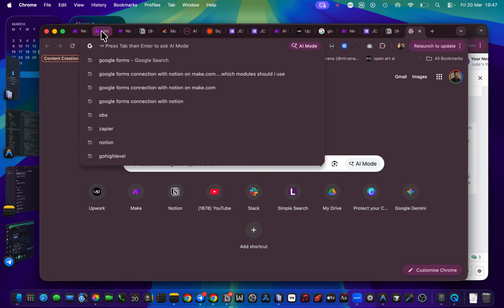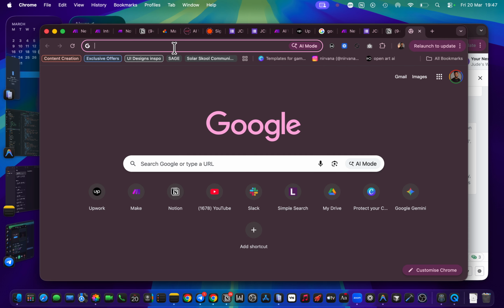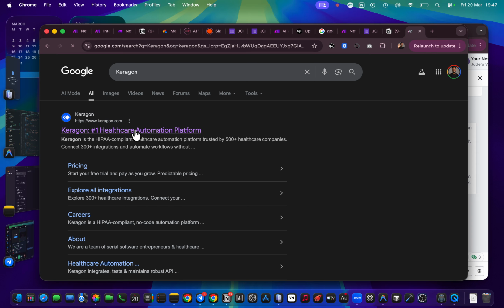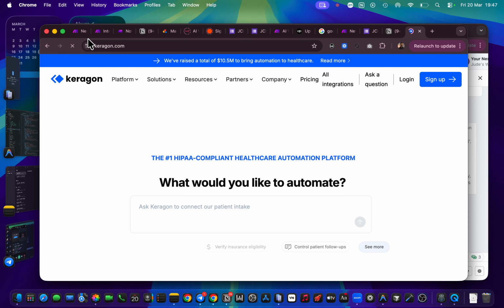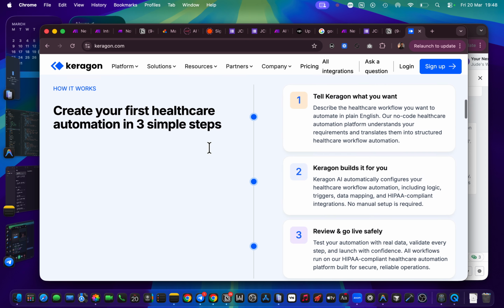Something we Nigerians might consider no stress, over there they want to be sure, because they don't want to face lawsuits or issues. So you too, you have to be with them: if you don't want any issue, don't worry. Let us use a platform called Keragon that is also like make.com, but it's for the health industry, so you don't worry about your data. There's nothing they are going to do with your data. Everything is safe.